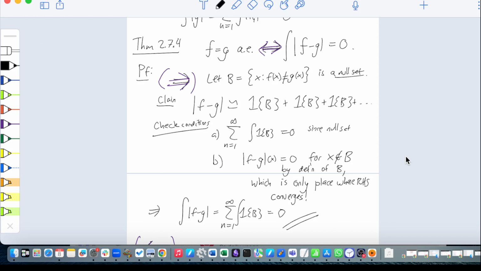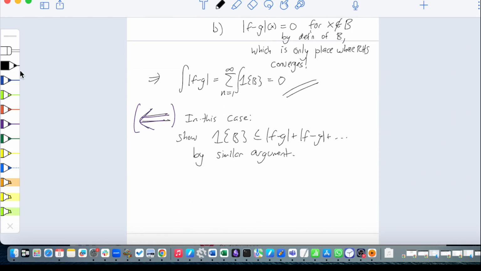Okay, here's one more. Actually, let me stop if there are any questions. Here's one more property. I'll leave this one as an exercise. It's very similar to all these other ones, or you can go read it from the book, theorem 2.7.5. If Fn goes to F in norm, and Fn goes to G in norm,